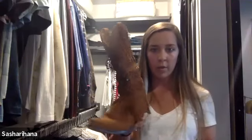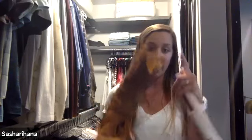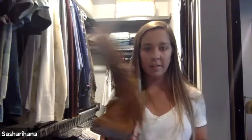So I'm going to show you. These are just a pair of regular cowboy boots. They're a little bit slouchy. So when they go on the shelf, especially when they're next to each other, they just tend to go wherever they want. And because they're tall, they have to sit on the top shelf, and they just all tend to flop over. So instead of buying a $5-10 boot filler for each pair of boots that I have, and I have a lot, so it adds up,